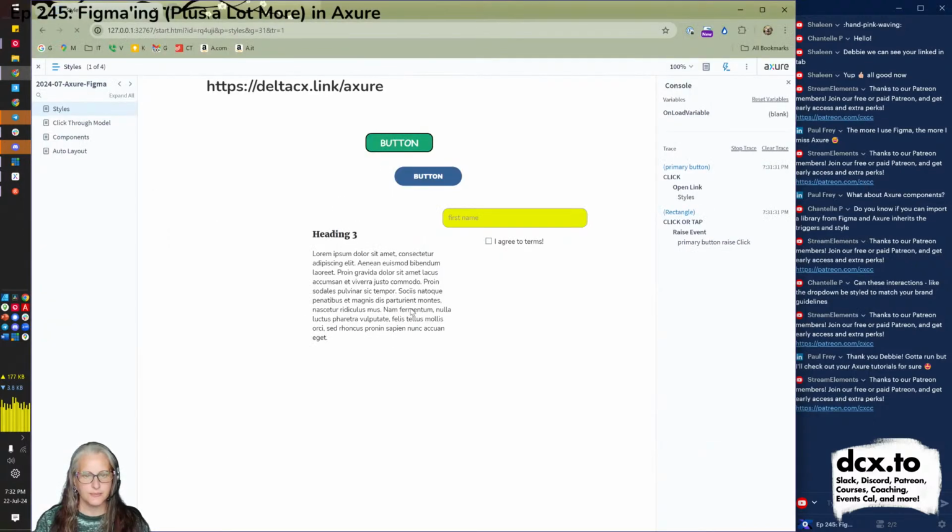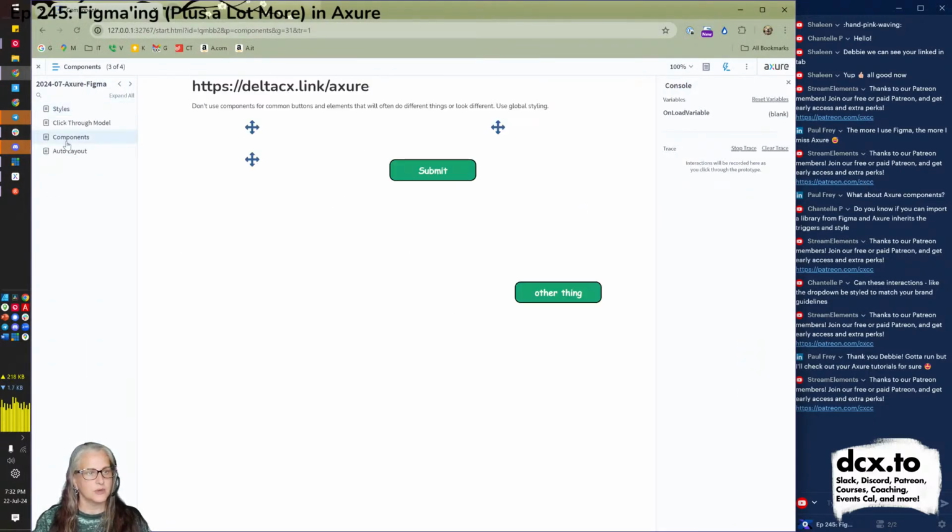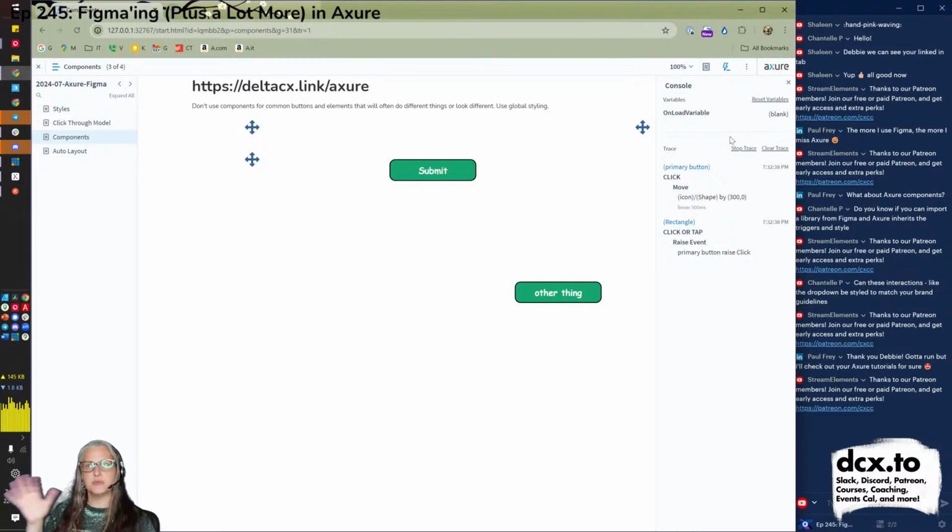Let's try it. Refresh. Components. Click other thing. Zoop. Okay, so what do I have going on here on the right? What is this? The people using your prototype don't have to see this. You can publish your prototype in a way where people don't see some of the behind the scenes sausage, but this is essentially a little debugging window.